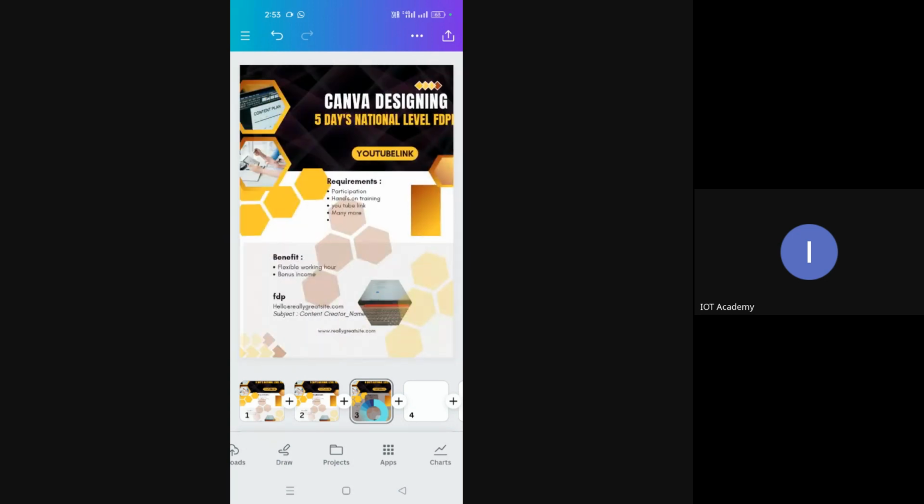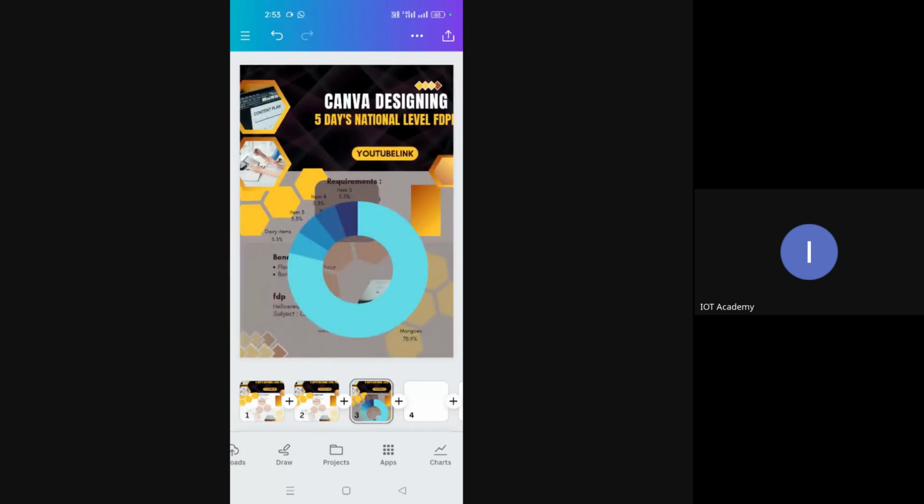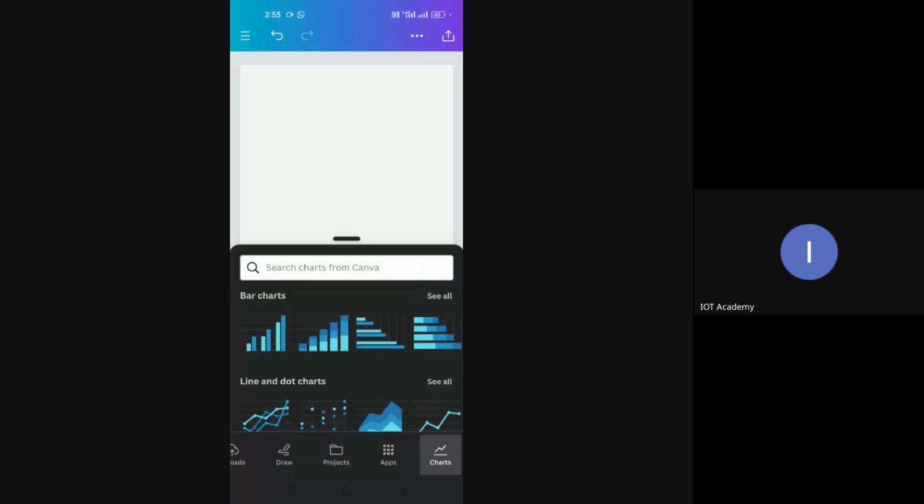All this is happening to the duplicate template. Your original one and two templates are same. So that's how you can keep practicing without changing your original template. Suppose you find a particular template has come to a form and it is really satisfying you. Create a duplicate and start further experimenting on it. Okay. So this way you can insert charts.